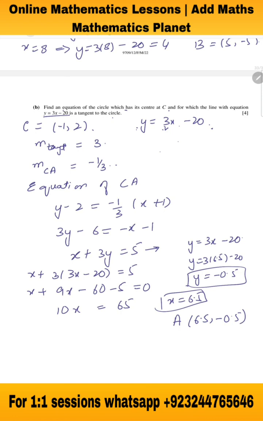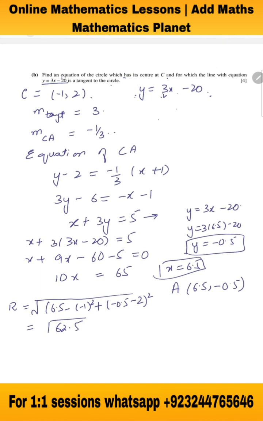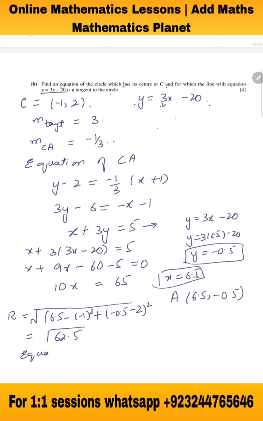Okay, so the coordinates of A are 6.5, minus 0.5. Now we need to find the radius of the circle. So the radius squared is 6.5 minus 1 whole square plus minus 0.5 minus 2 whole square. So it's going to be equal to 62.5. So the equation of the circle will be x minus 1 whole square